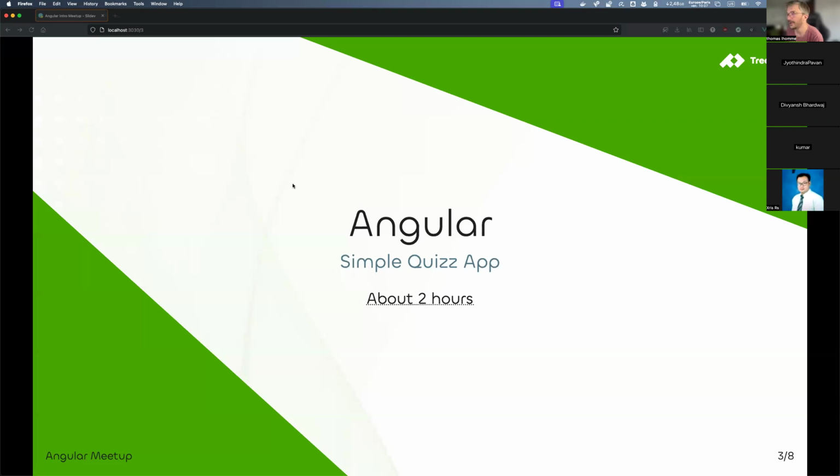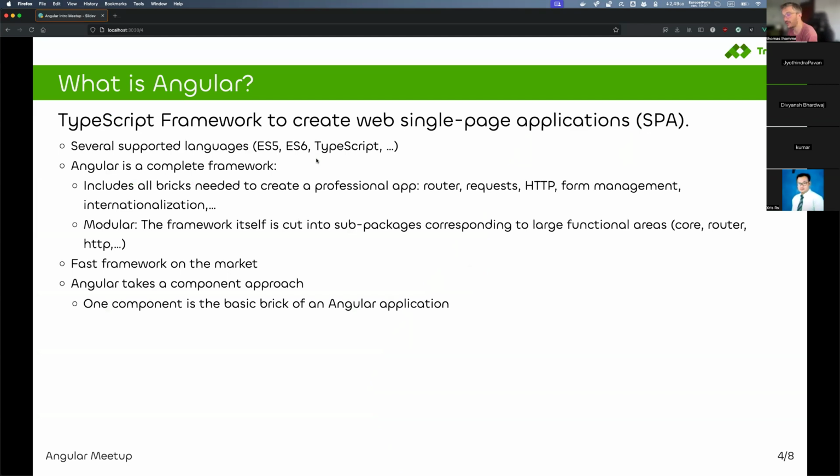So basically, what is Angular? Some of you, as I mentioned, probably use React or another framework. This is a framework, right? It allows you to create web apps in a very, very simple way. Angular is using a main language called TypeScript. We'll not go through the big details of TypeScript today because we don't really have time for this, but you will understand how it is. It is an object-oriented language.